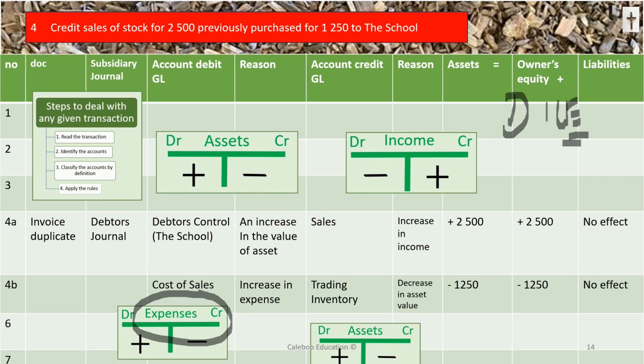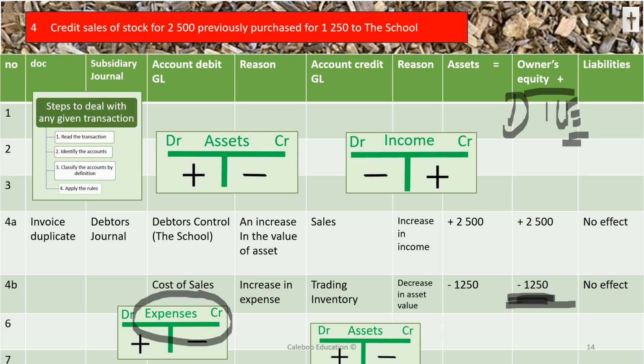That E stands for expense. What does an expense do? An increase in expense results in a negative, a decrease in what the owner is worth. That is why, under owner's equity, it is minus the cost of the stock that was sold,